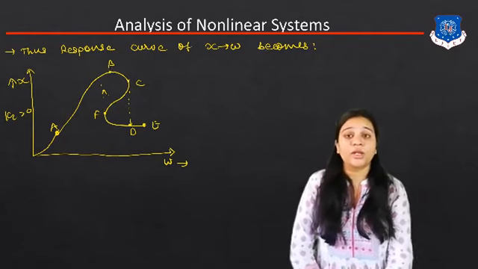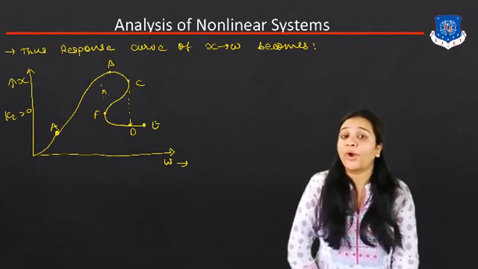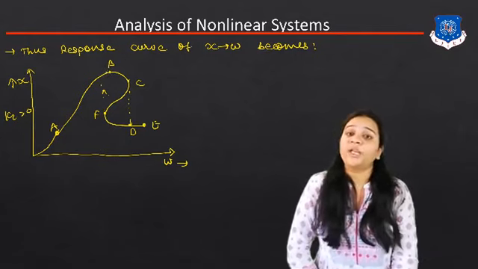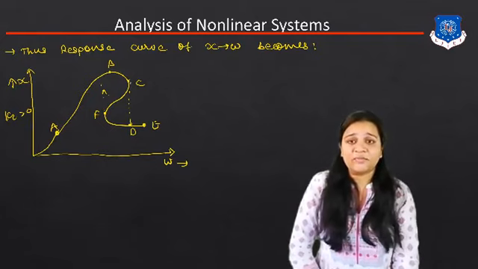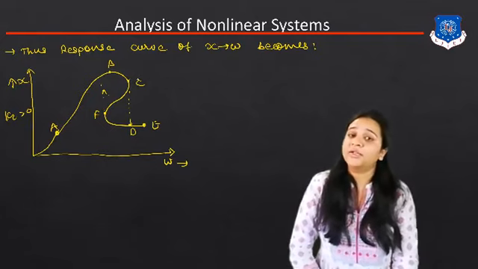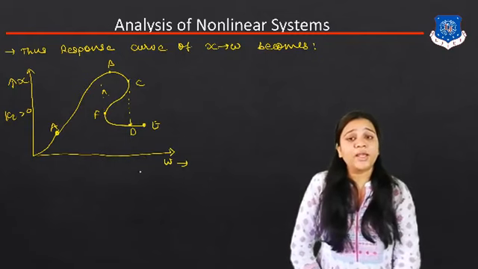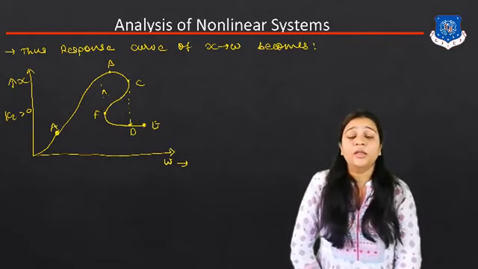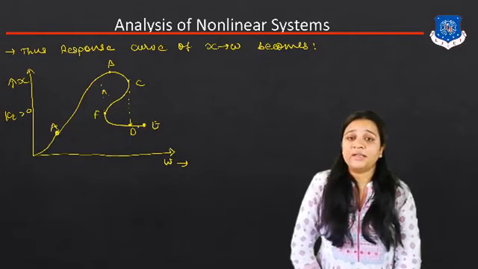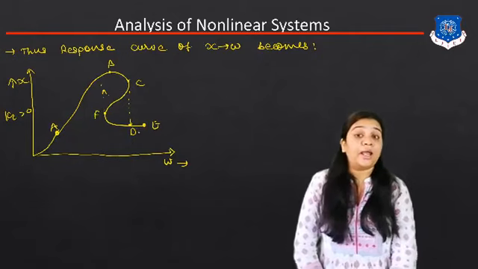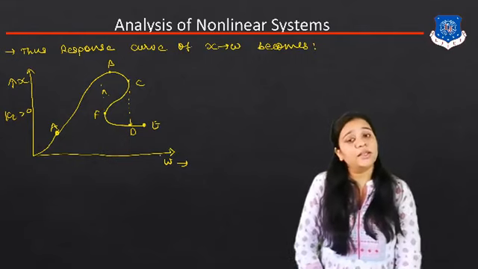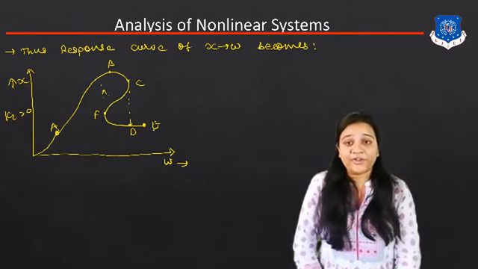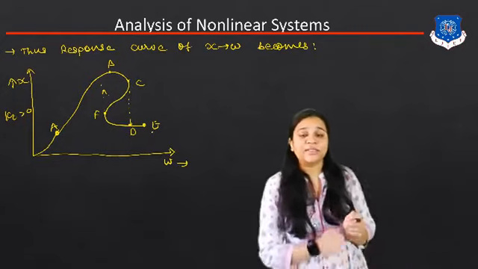Okay, peak overshoot, and this point is known as the point B. After the resonant peak value, as we increase the value of omega, the value of x will decrease and we get the point C. After some time, if we again increase omega, the graph will suddenly decrease and we get the point D. After the point D, we get the saturation graph.